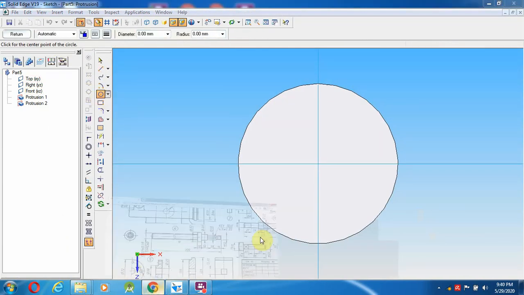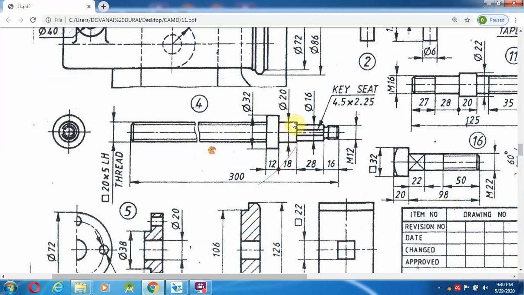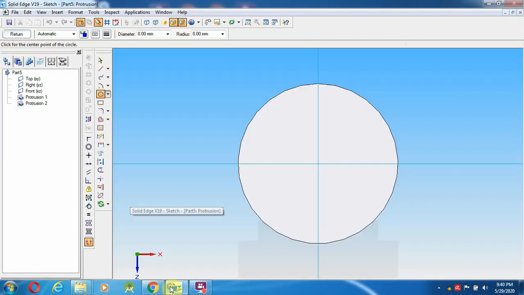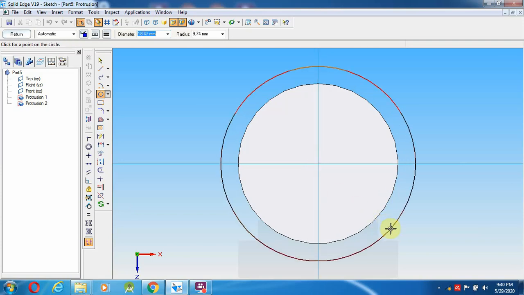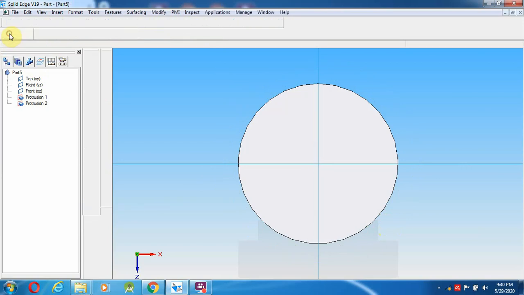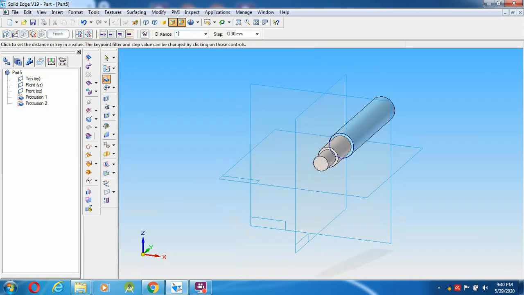Then come to solid part again, the back one. Select circle. Now the 20 mm diameter, 18 mm length. First 20 mm diameter, and I can give 18 mm length, left and right click.